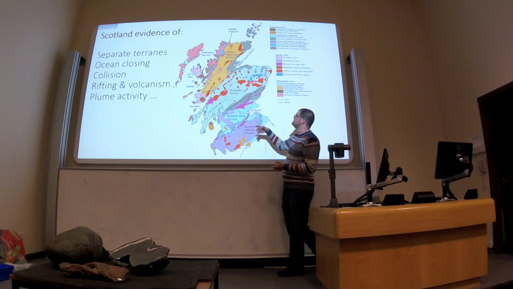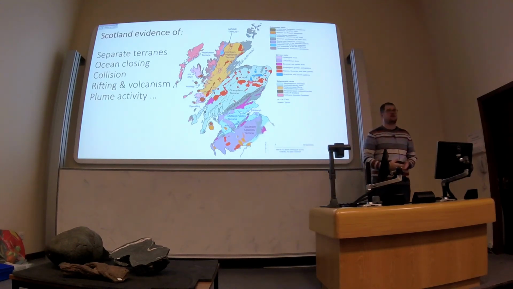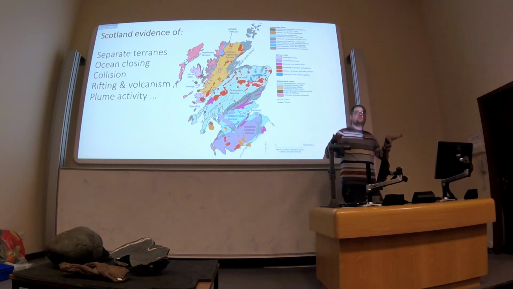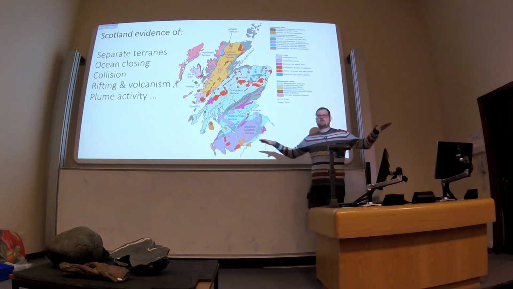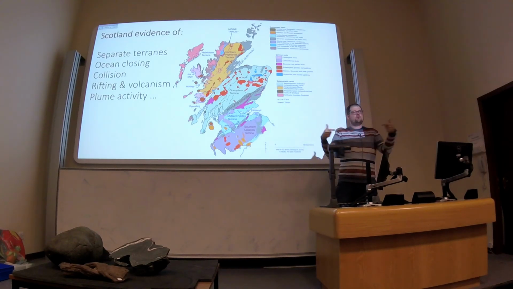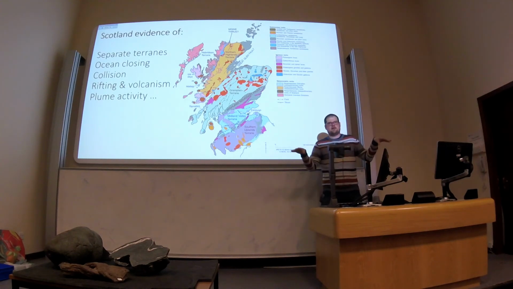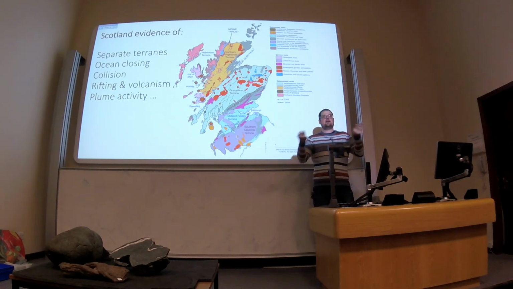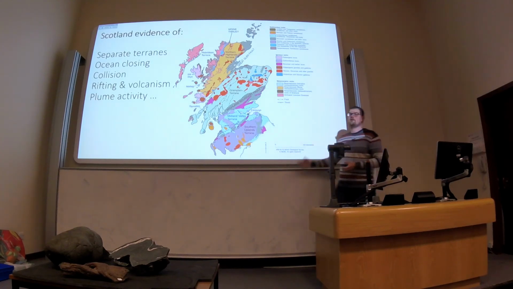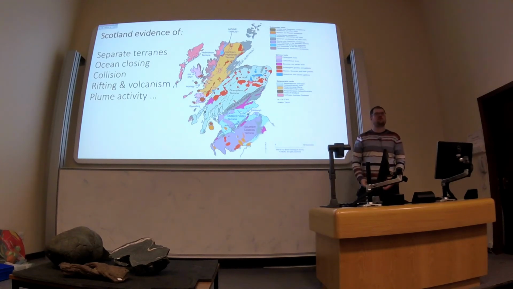And as this has happened, we've had a whole bunch of tectonic activity. Some of that we're going to see is one of the volcanoes that formed as some of this stuff was collapsing back apart. If you form a mountain range, you push up all of the crust into one big lump, and then if you stop pushing at the sides, it starts to collapse back down again. As it collapses, you start pulling apart the crust, and hopefully you might remember from earlier, when you pull apart the crust you start bringing material up into that gap, and that causes volcanoes. So we'll see one of those volcanoes tomorrow.